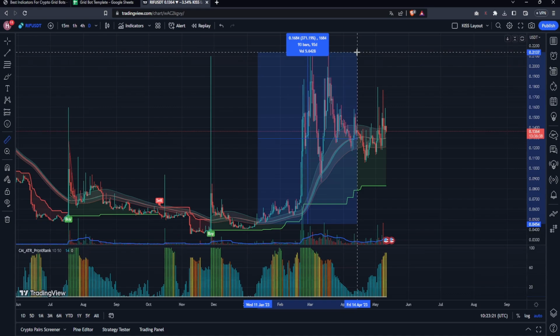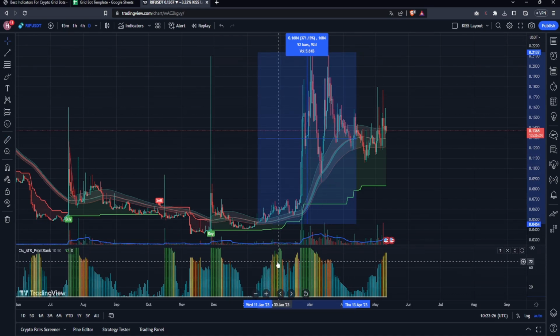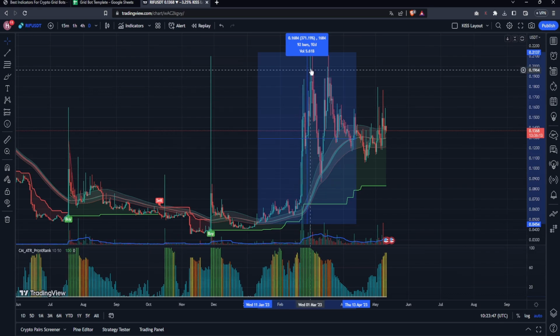So let's take a look at this area right here. As you can see, this has pretty high volatility, and you can spot it pretty well right here by looking at the bars and also the colors. The green by default represents the highest ATR values, then comes the yellow and then the orange, and then blue would be much lower. But you can see right here that on this area there was much higher ATR